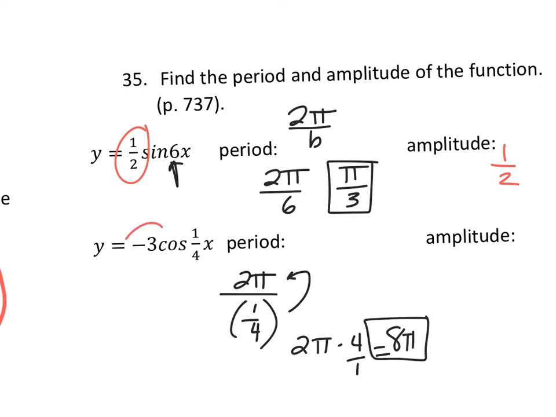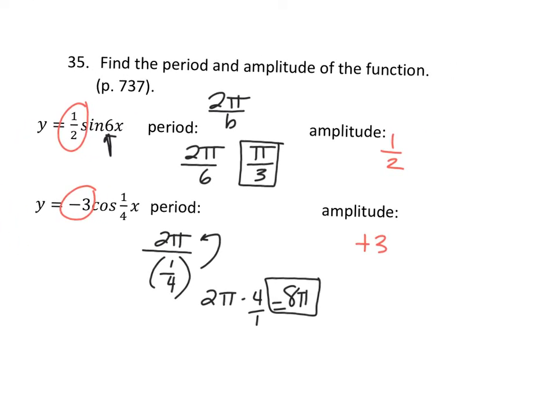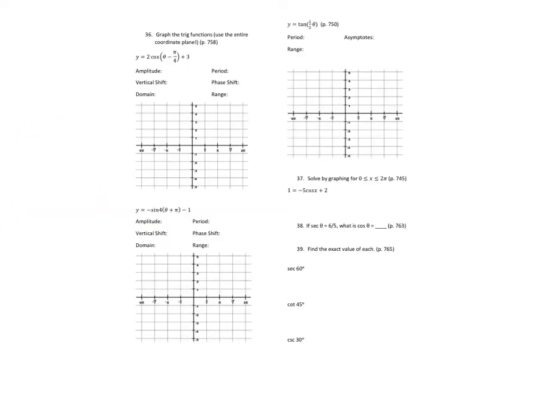And then the amplitude is going to be positive 3. Remember, amplitude is always a positive number. It's the absolute value. It's a distance, so it needs to be positive. Okay, for 36,